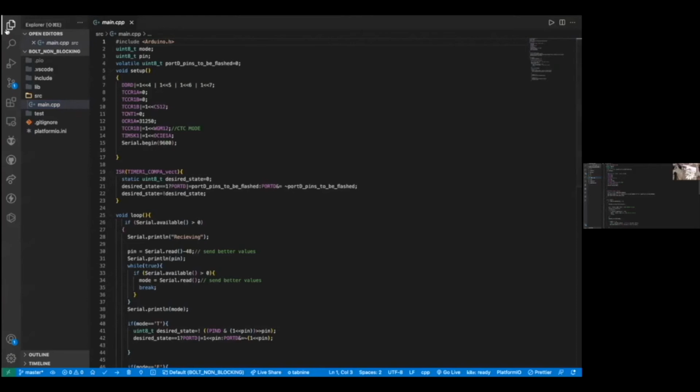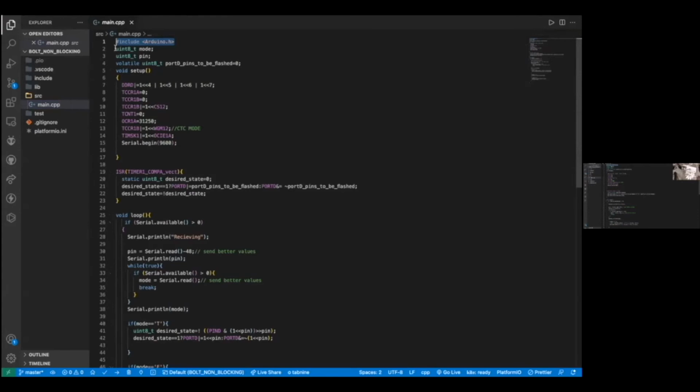I'm using PlatformIO, which, if you don't know, is just like the Arduino IDE, but a lot better. It's based on Visual Studio Code. If you use the Arduino IDE, this code will also work. You can just delete this line. I will give the link to the code in the chat box at the end.